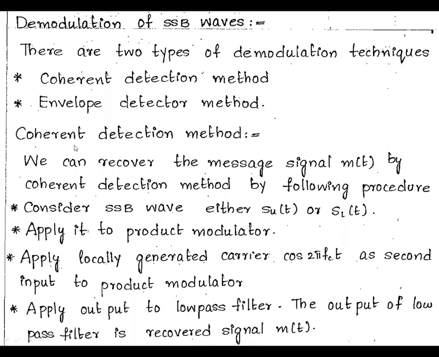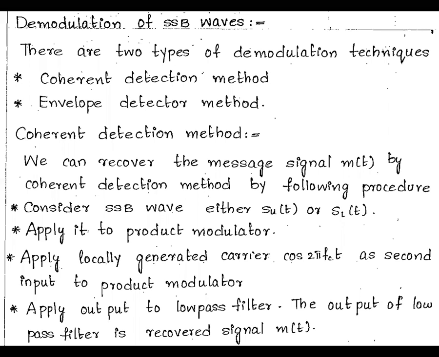So let us take the coherent detection method first. Coherency means transmitter and receiver carriers are the same. At the transmitter you use the modulation, and at the receiver you use the demodulation. In modulation we use the carrier cos omega c t. Demodulation also uses the carrier, that is also cos omega c t. See, these two signals are the same.